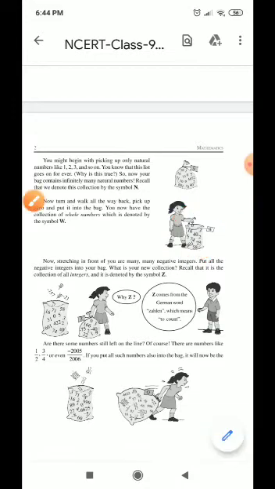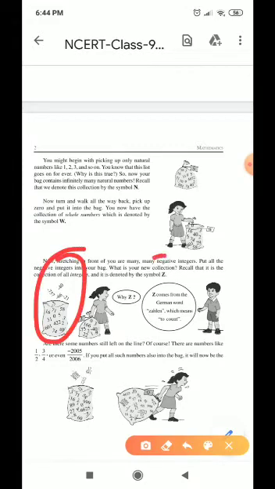What is a whole number? A whole number is a set of all positive numbers and 0. Now, if the girl puts all the negative numbers in the bag, the set becomes the integers, and integer is denoted by capital Z. What is an integer? An integer is a set of numbers which includes all positive numbers, all negative numbers as well as 0.